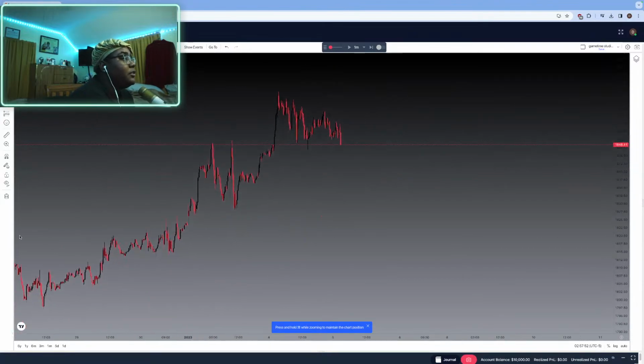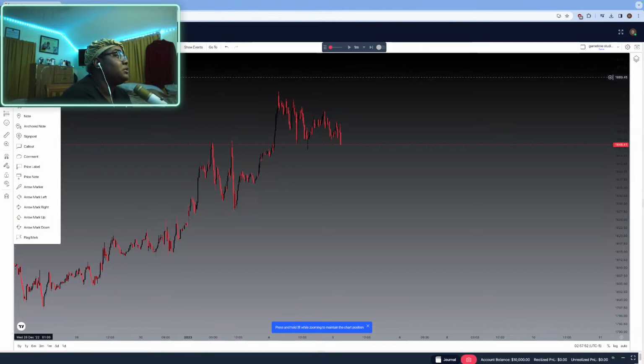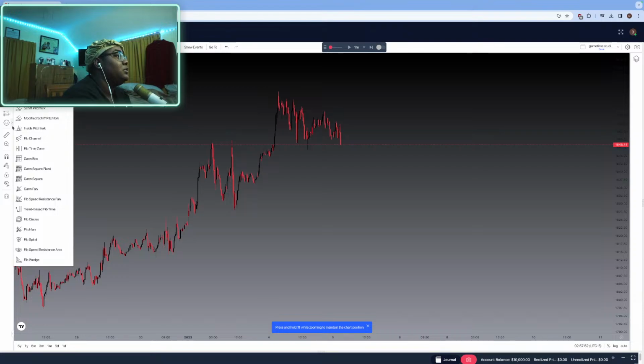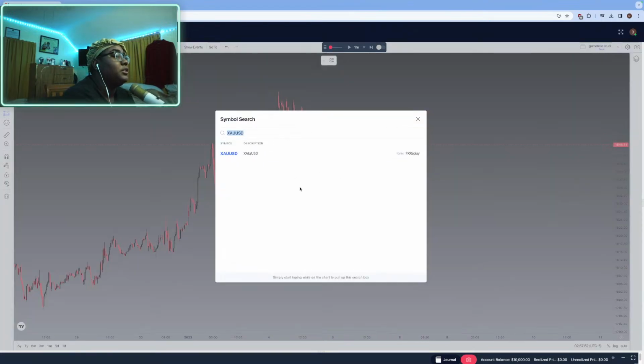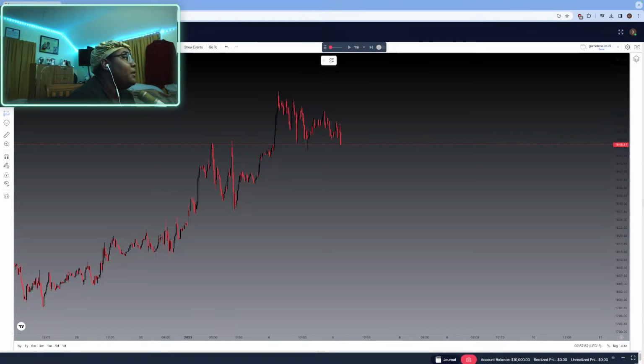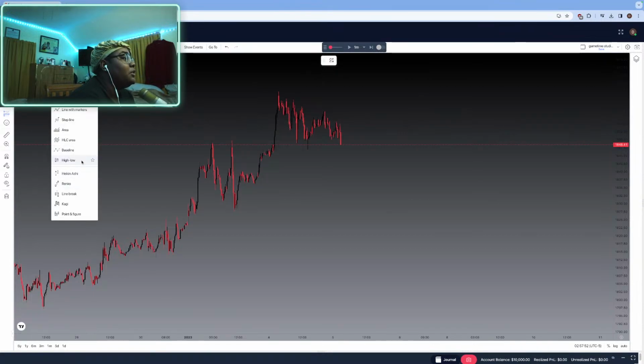Kind of looks like TradingView on the side, everything like that. You have all your tools on the side here, and then you search up your pair over here if you have more than one. If you click more than one of the pairs, over here you have your time frames. Over here you have your bars,